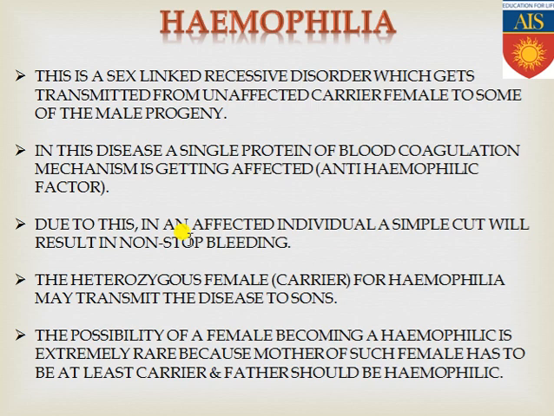If the female is hemophilic, that means both of the X chromosomes should be containing the hemophilia gene, and obviously one of these hemophilia genes will be coming from the father. If the father is hemophilic and the mother of that specific female is a carrier, in that case only it can come, otherwise not. But hemophilic individuals can't survive for a long time also, because they have the problem of blood loss. From a small cut also the blood can be lost so much. So for a small injury also sometimes the individual is dying due to huge loss of blood. Okay, so this is actually hemophilia.